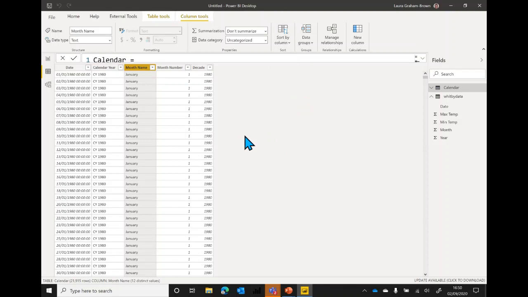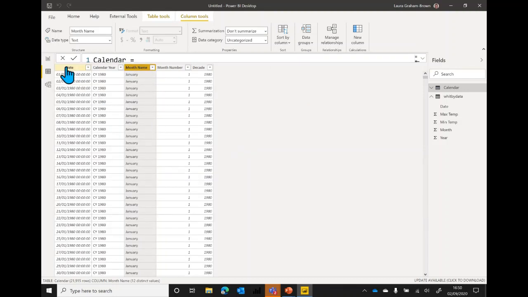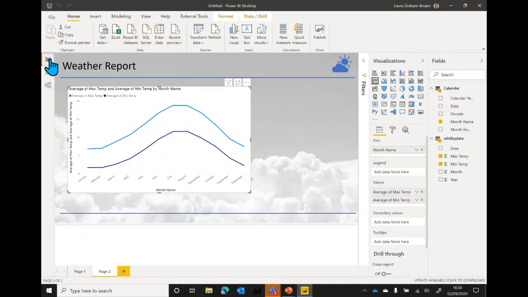It will do nothing here, right? But when I get back into my visual, there you are. It has now sorted my months into the right order. Okay, so if that's new to you, the things I want you to remember today is create a calendar,